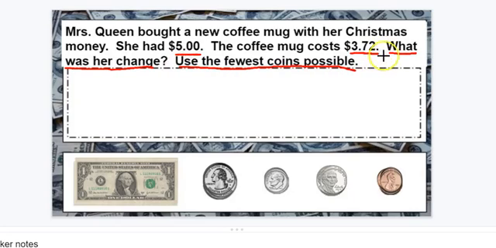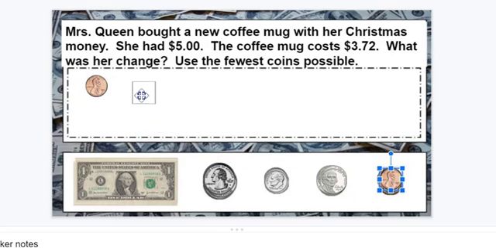So the first thing is I am going to have to start at this $3.72 because that's how much the coffee mug is going to cost. And I'm going to count up to the $5. So let's go ahead and try that. First of all, I see $3.72 and 1 penny makes $3.73. And 1 penny makes $3.74, and 1 penny makes